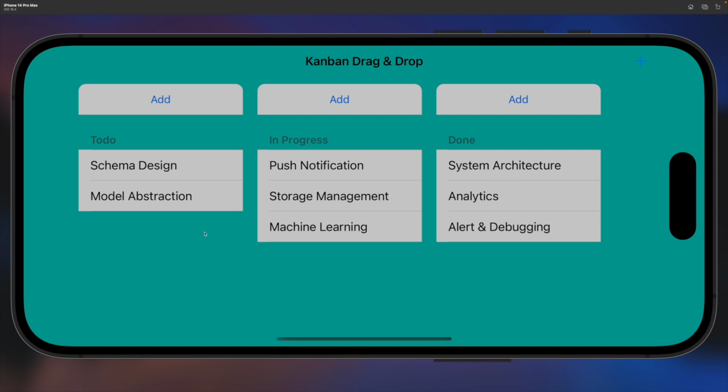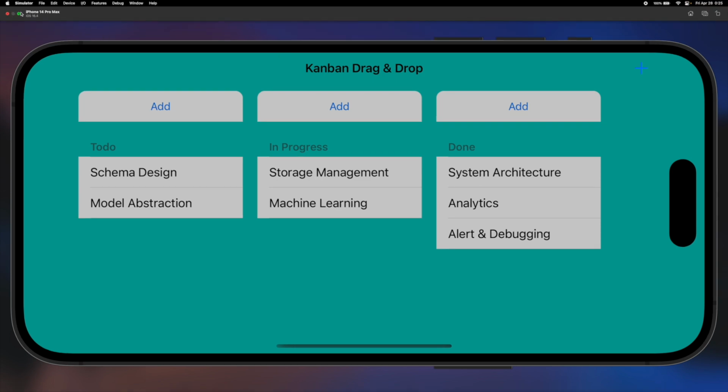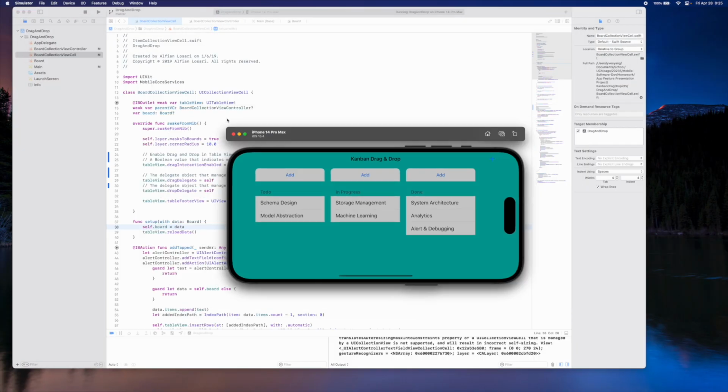Also, for another scenario, when you click on one of the items, let's do push notification, you will notice that on the top left corner, you will see a delete button showing up. When you move and drop the push notification item on delete, it will disappear. Now let's get to the backend codes to check out how these two usages are implemented.